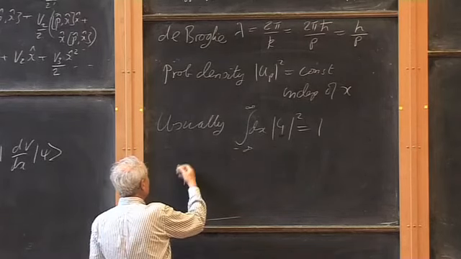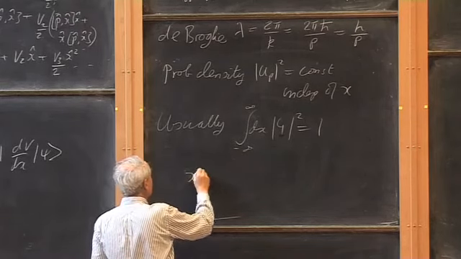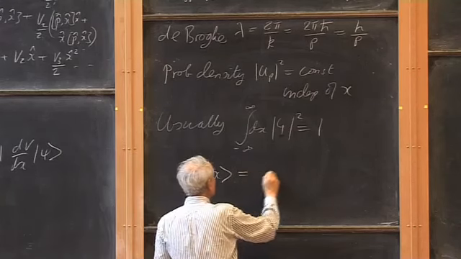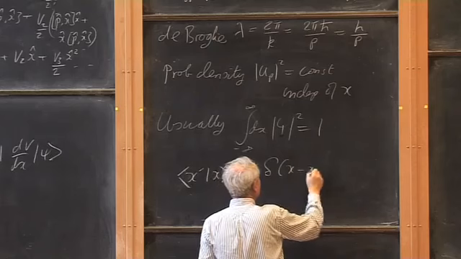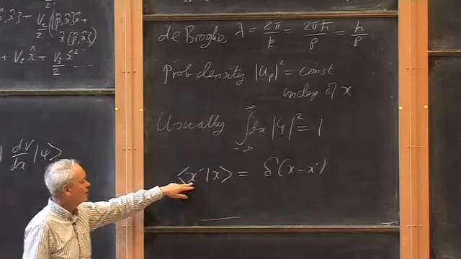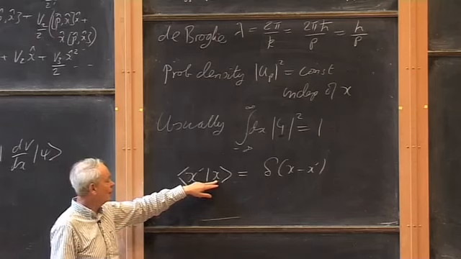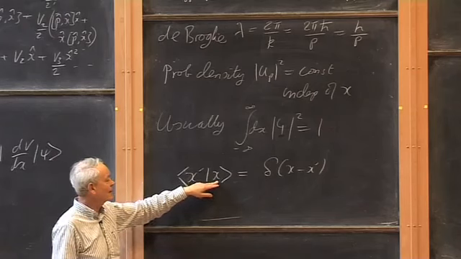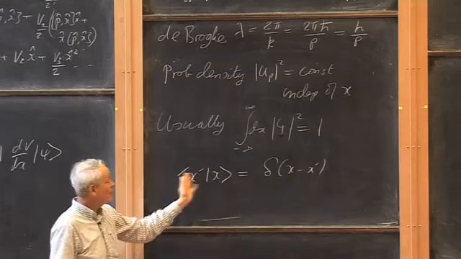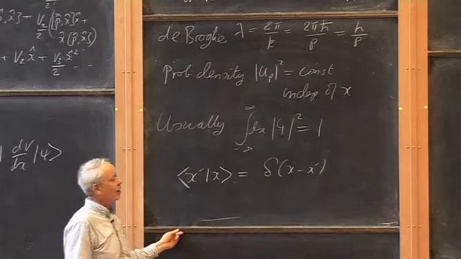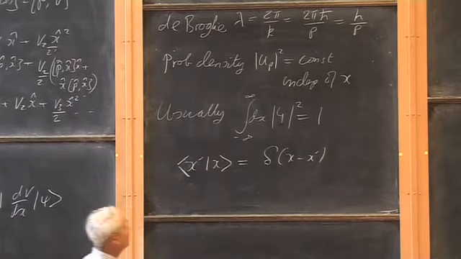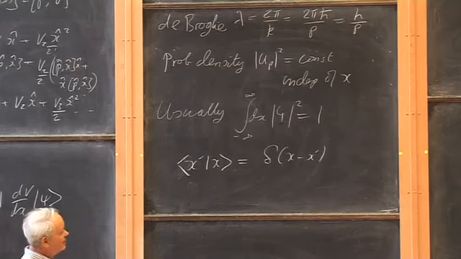Do you remember yesterday we agreed that <x'|x> should be delta of x minus x'. So this thing here is the amplitude to be at x' if you're certainly at x, which is why it's nothing unless x' is equal to x. And this amplitude becomes very large when x equals x', so that when you integrate over this, you get 1. So that's what we should do in this case. P is an operator with a continuous spectrum, same as x.